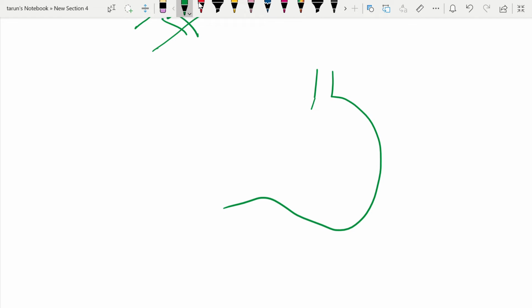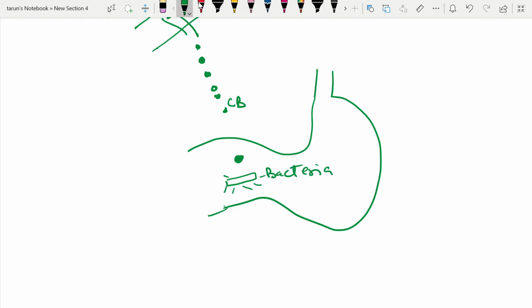This is the intestine diagram. This is the conjugated bilirubin. It is coming from the bile duct with bile, and it is conjugated bilirubin, CB. I am writing it in short form. Once it is in the intestine, there are certain bacteria which act on it. These are the bacteria which act on this conjugated bilirubin and convert it into